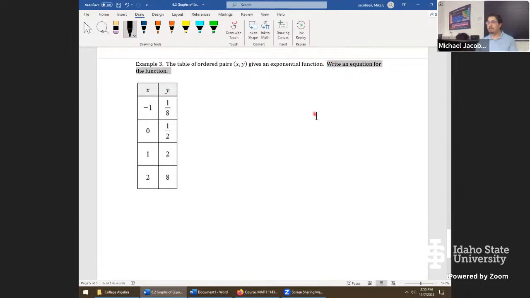So this is the second topic in ALEKS that I think is a little bit weird. We should be ready to go with it. So if you see this in the ALEKS system, this would be a great place to come back to in the notes. First thing to do is let's just write down the function. They said it's going to be exponential, and I trust them. So let's write it out as f of x equals